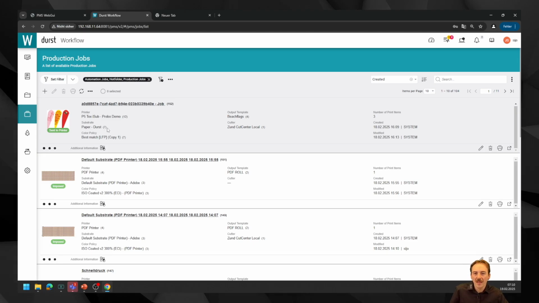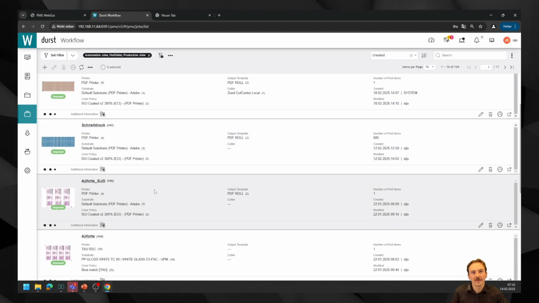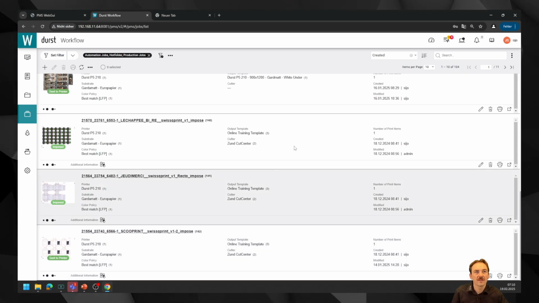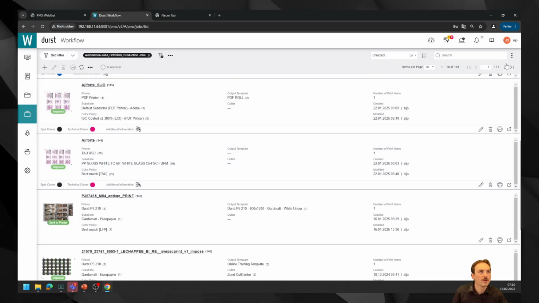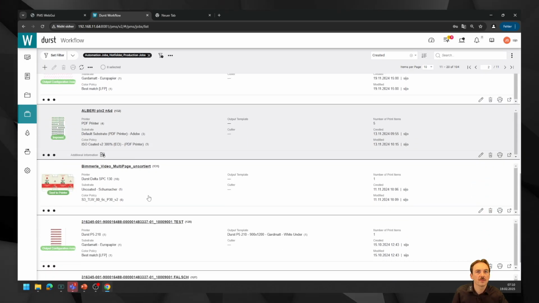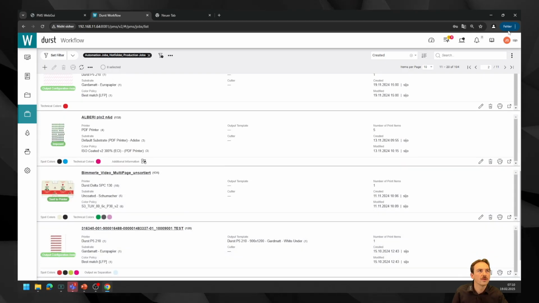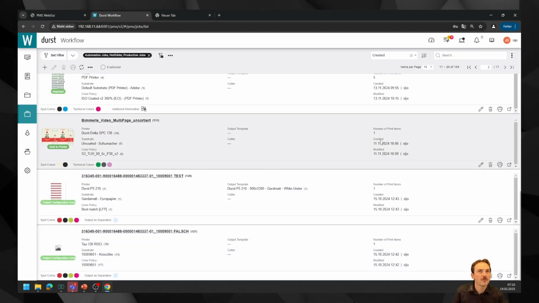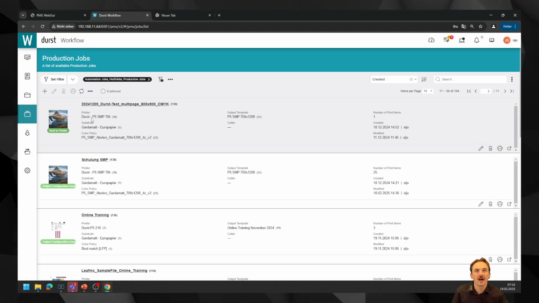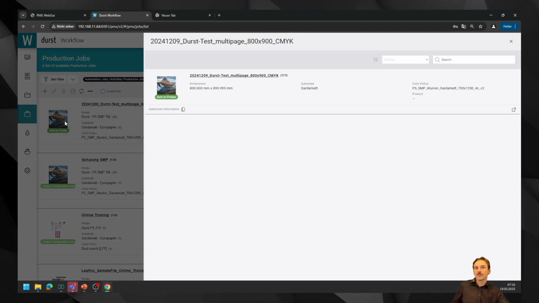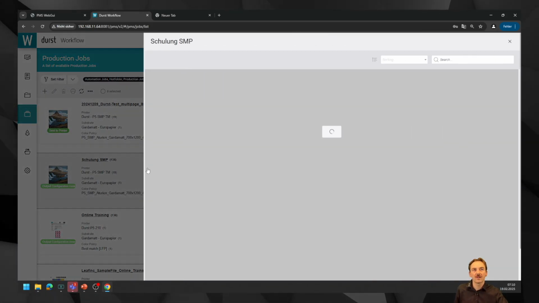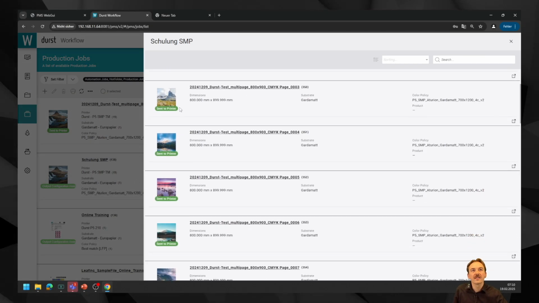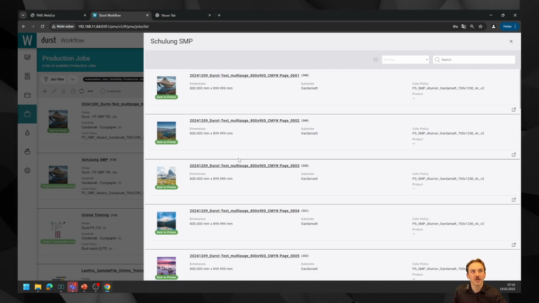Then the next thing, this is also very nice and also new with the newest version. If you want to see, when I prepared the multi-page job, if you have a multi-page job, how the page is going to look like in the multi-page job, you now have, if you click the icon, small previews and information about every single page